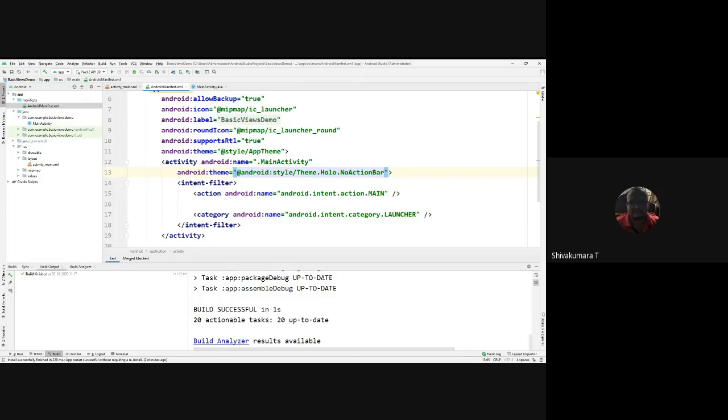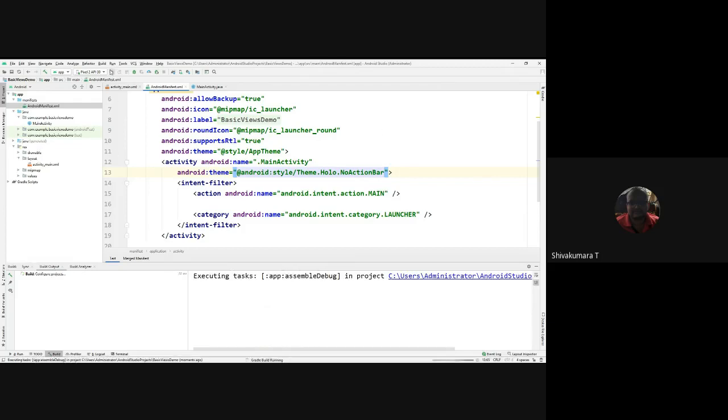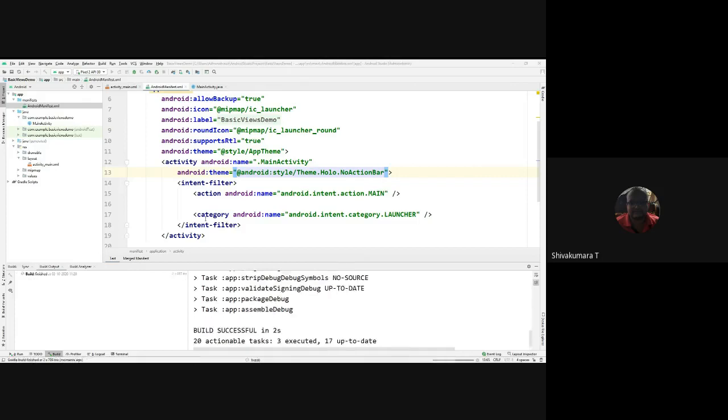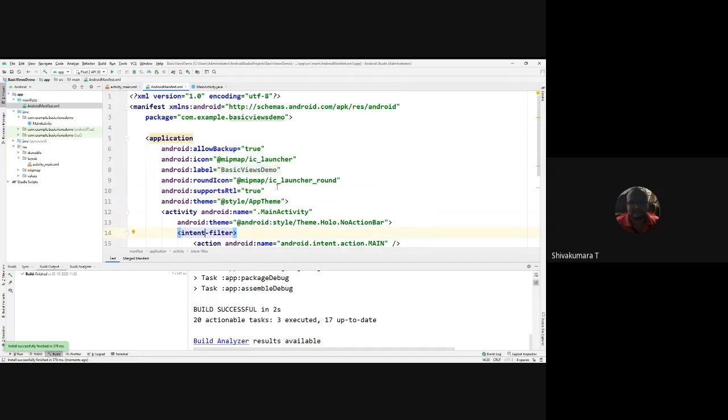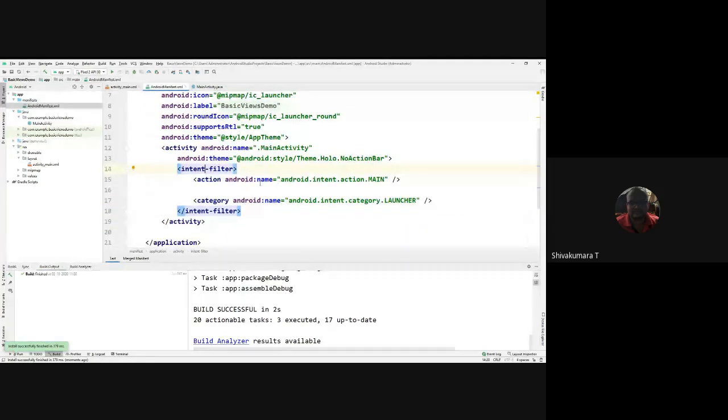In the beginning there is no action bar, now it is relaunching. Okay, this additional thing is required.